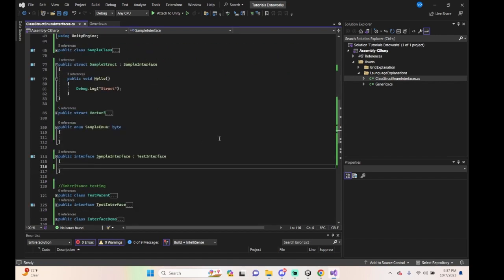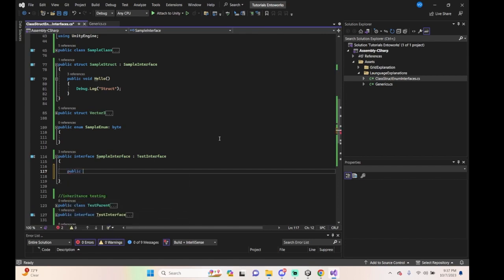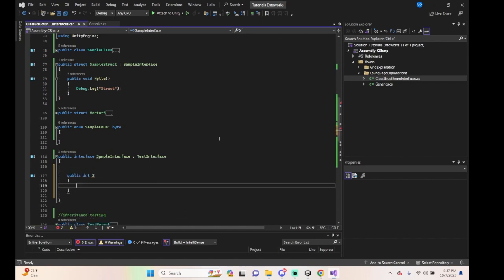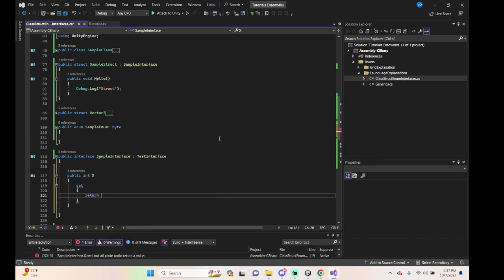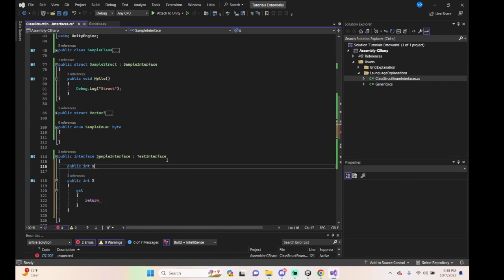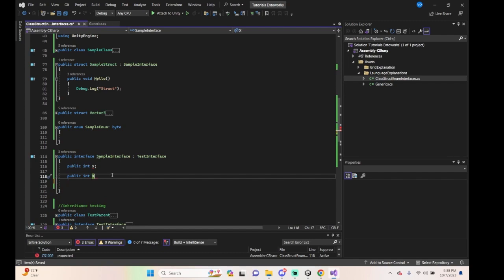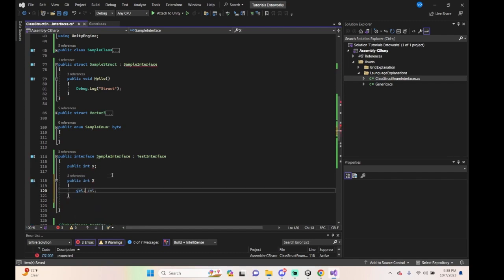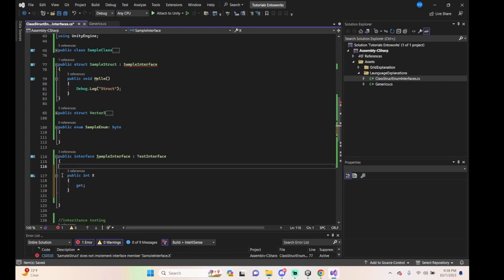So let me add this to this interface. So we could do public int x, get. I believe you might have to also have a variable. Let me see. Or maybe you just need to have a vague property. That's right. So you just need to do, is it just get, is it just like that? Yeah, okay. I was kind of confused for a second, but the answer is, no, you have to, so how it works is you have to have this